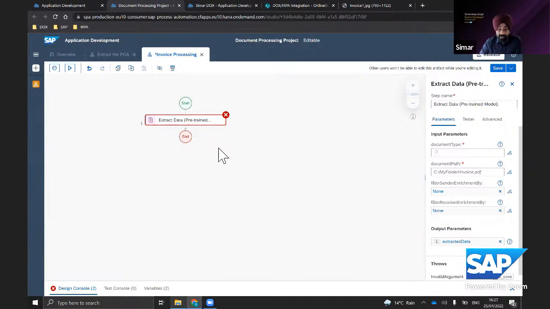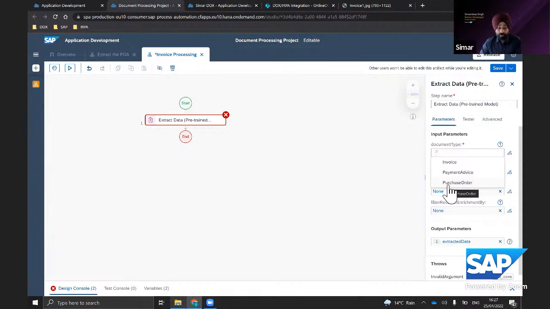These models are trained on multiple invoices, and they support the extraction of invoices across a range of formats. You have to select the document type. For example, you can select invoice, payment advice, or purchase order. So for now, we support three kinds of document types which you can extract using the pre-trained models.